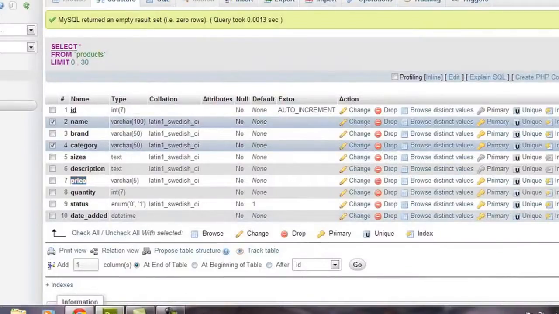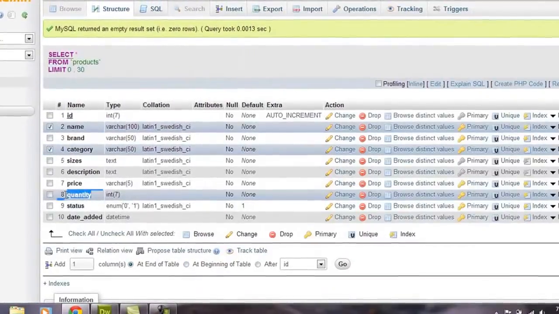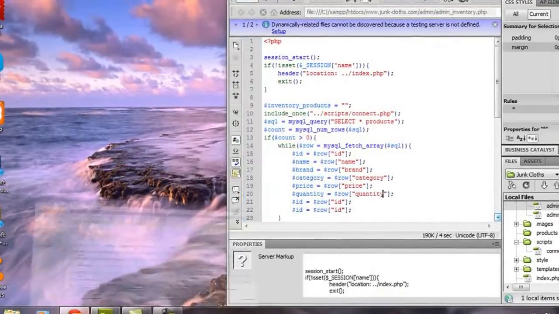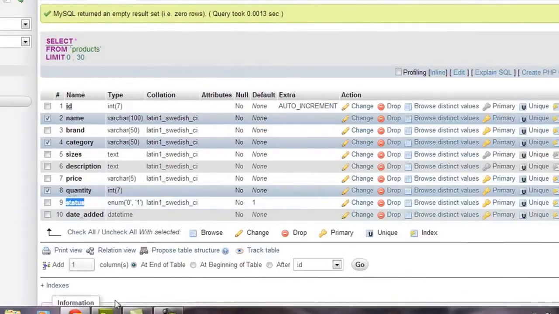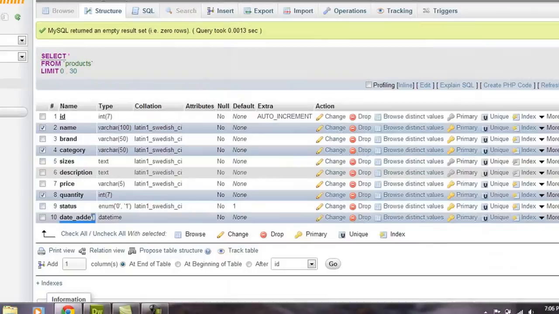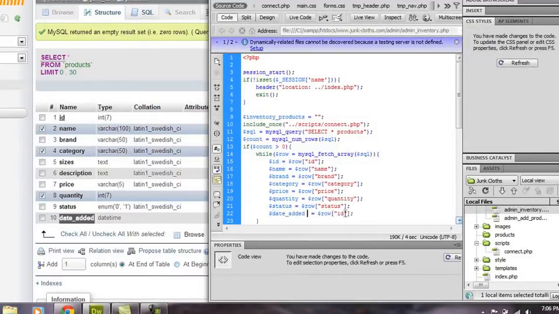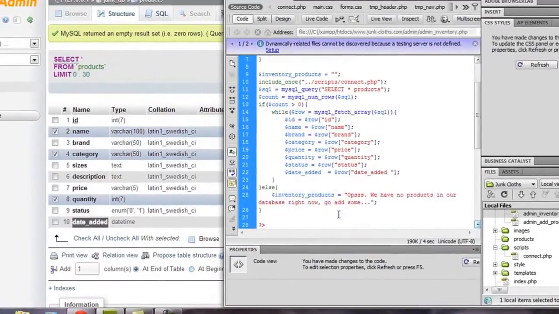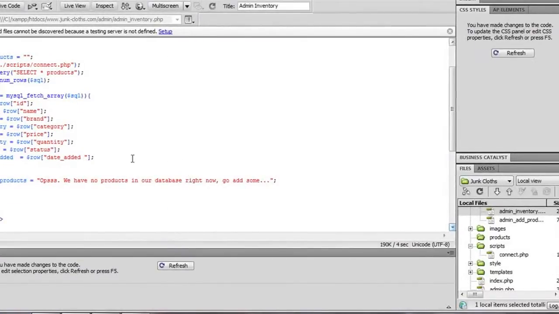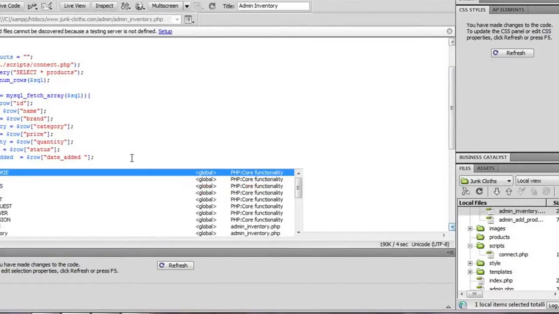wait, Control V, quantity, Control C, Control V, status, Control C, Control V, and date added, Control C, Control V. Now we can make this bigger again. So now inventory,